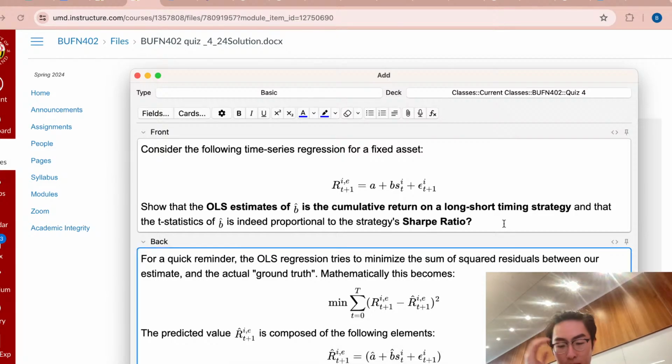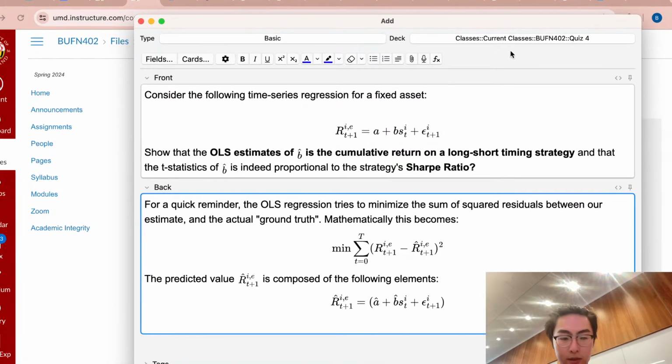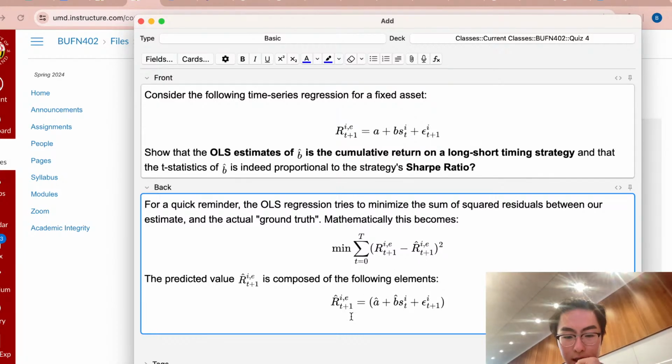Okay, so that's good. So we can show that this is the prediction, and the prediction is composed of an alpha estimator, a beta estimator, and then the actual signal here. Placing this, the OLS regression then becomes